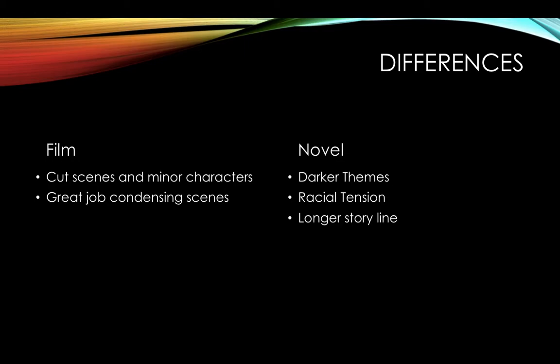Another thing that was cut that was originally in the novel is the racial tension. Now, there is still obviously some of that there. This takes place during the Civil War, but a lot of it that happened in the book had a lot of backlash when the book was first published. So the filmmakers actually cut a lot of that out. There was a lot of references to the Klan in the novel, and the film did that in a more subtle way. Whereas if you didn't read the novel, you wouldn't know that that's what it was referencing towards.